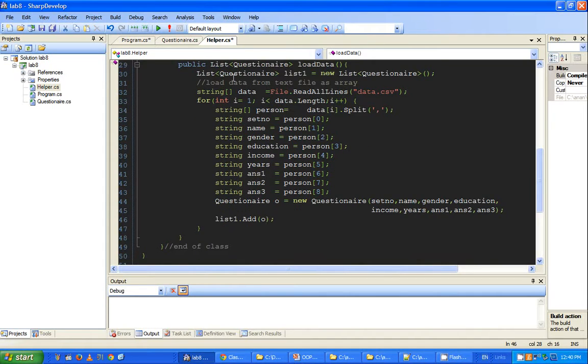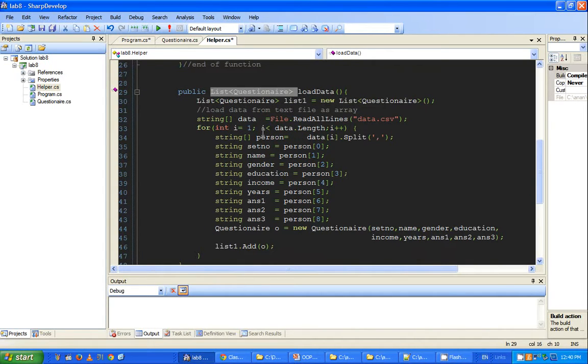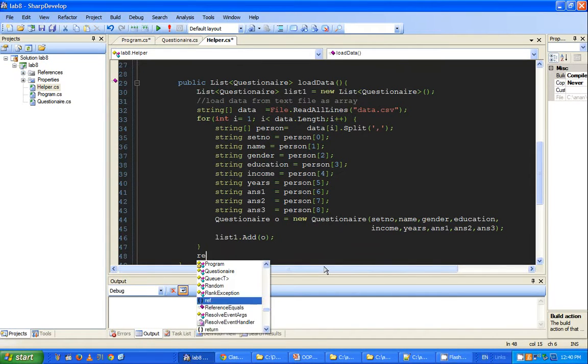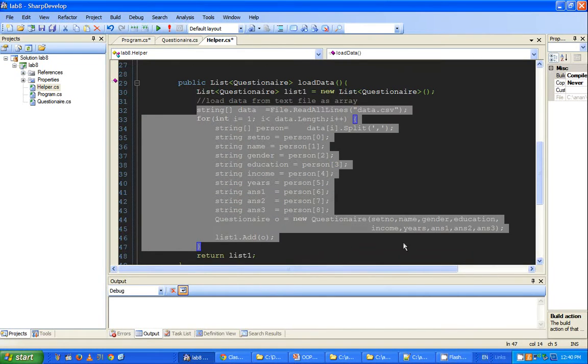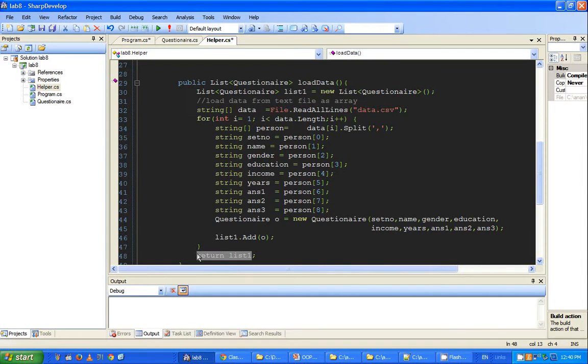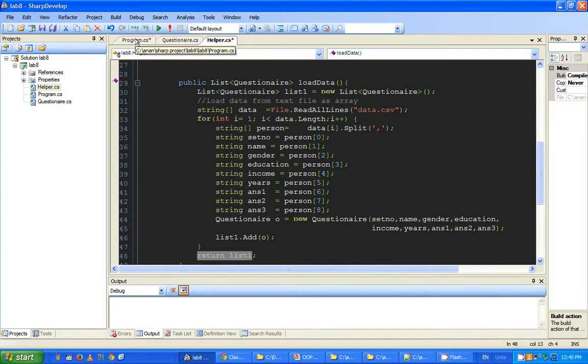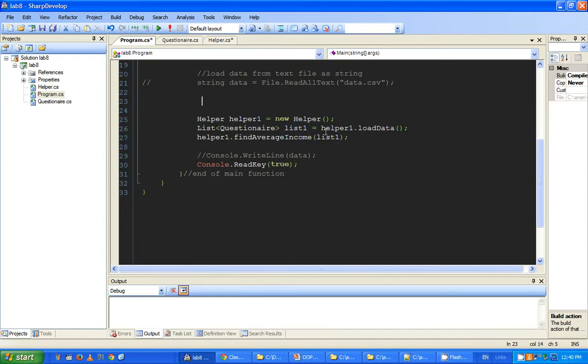And now after this, as you can see, the signature of this function tells us that we have to return a variable of the type that belongs to this class. As you can guess, the function has to return list1 as the output. First, we create list1 right here, and then we do all this. By the end of this, list1 gets populated with the collection of objects that belong to the questionnaire class. And we return this so that when this function load data gets called by the object belonging to the helper class,